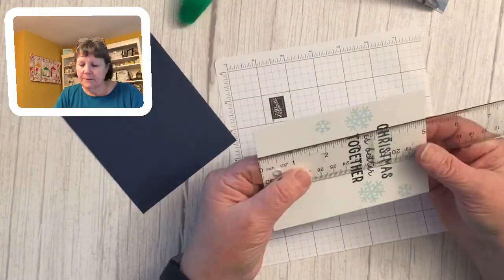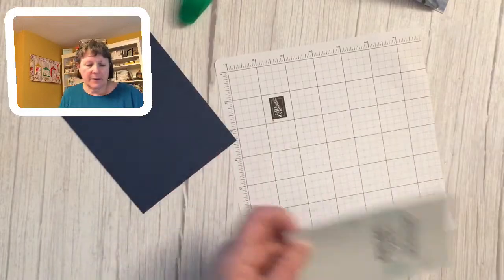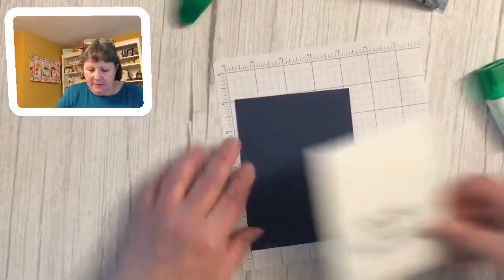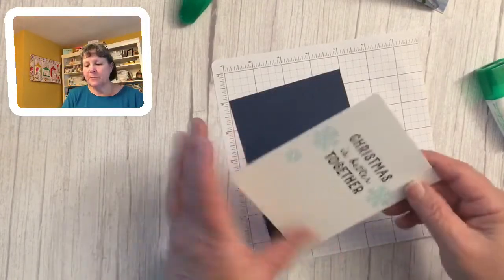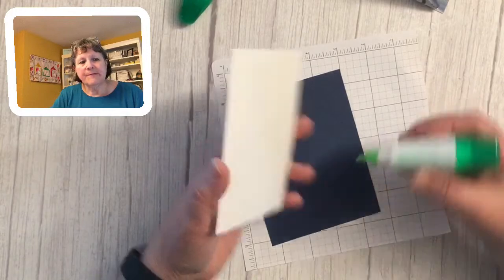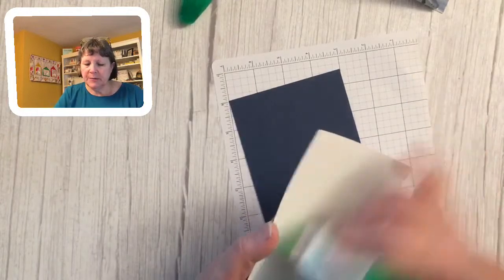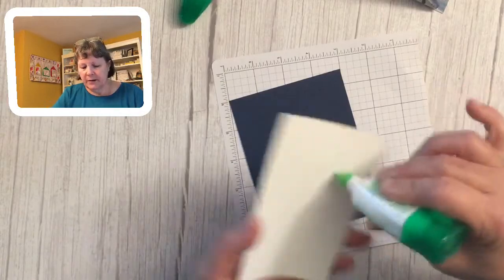Maybe this is just a little off, but let me double check this. You could do really whatever. So 4 inches, I think. Does this have a little hint? Because yeah, 3 7/8 by 5 1/8. There we go. Or you could do 5 inches by 3 1/4 if you wanted a wider